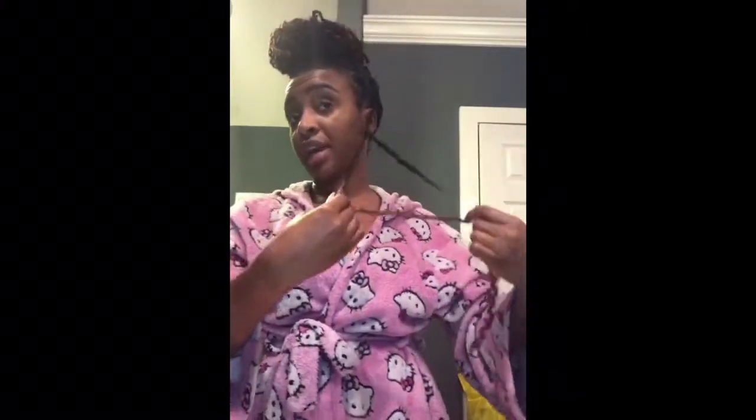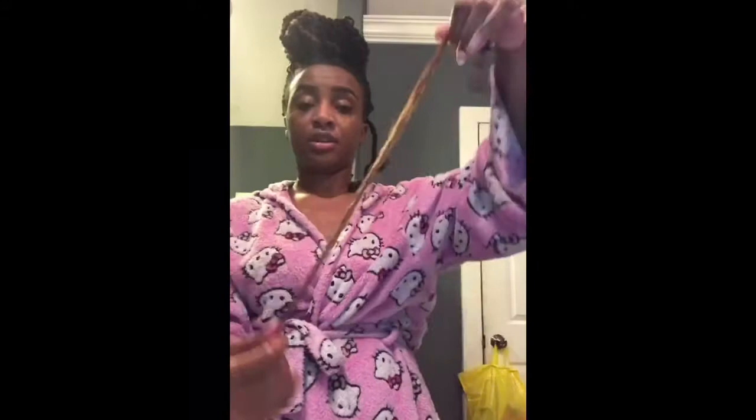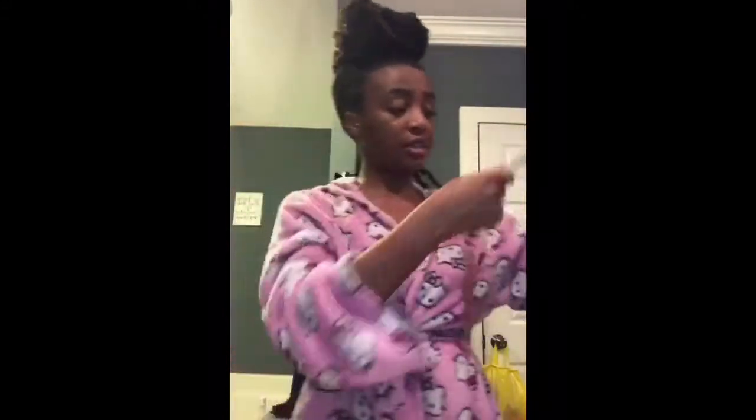Okay, so that's where I added the color. So there you see that. So that piece of hair is out. I just lay that off to the side. And then I keep unraveling. And there's the extension here, and I just kind of slide it off. Okay? So then what I do is